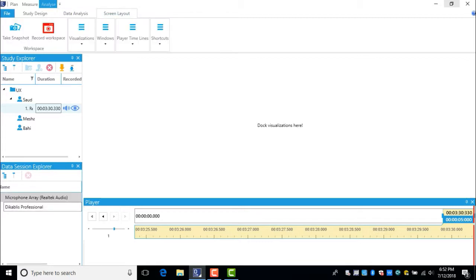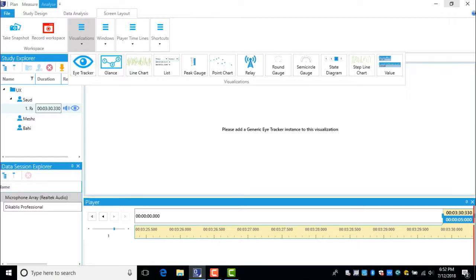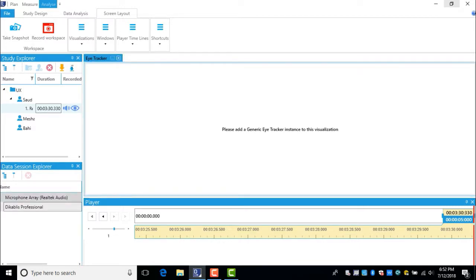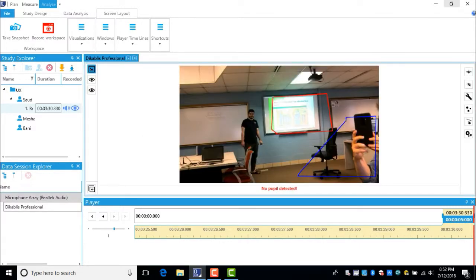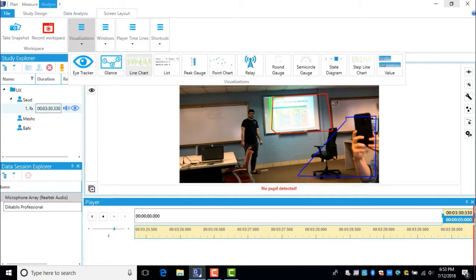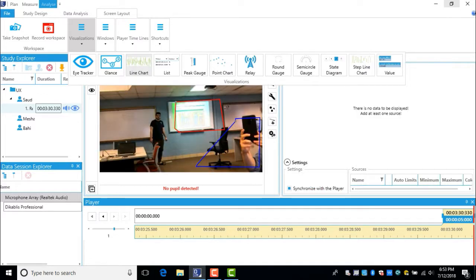by adding first the eye tracker. So we have the eye tracker, then you drag and drop this one here. Now, for the purpose of this video, we would like to do line chart analysis. So if we go to visualization, and we select line chart for this demo,